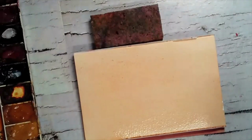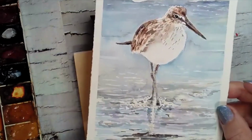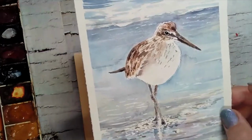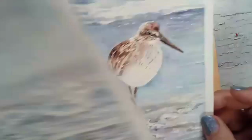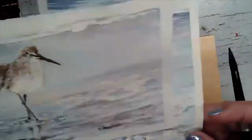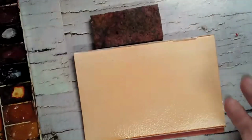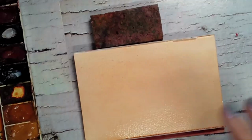This is really good to use for a flat sky, or any background that you want really flat with no brush strokes in. And the other thing is just really good to know how to paint without seeing your brush strokes. If you're going to do the sandpiper, that's going to be the total opposite. We can have brush strokes and watermarks and streaks and all kinds in this, because we're going to use that to kind of form waves and a watercolor look. So it's going to be the total opposite of doing a flat wash where you don't see a single brush